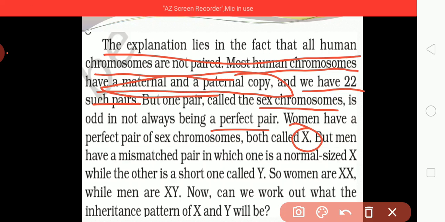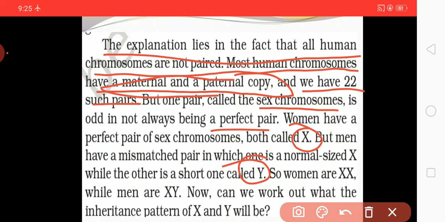But men have a mismatched pair in which one is the normal size X while the other is the short one called Y. Once again I am repeating, that we have 22 such pairs. How many pairs are there? 22 pairs are there, in which one pair is called the sex chromosome,